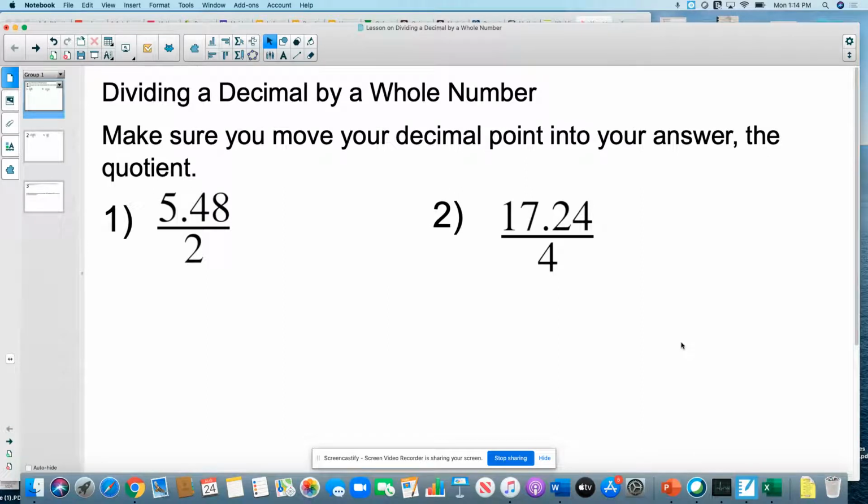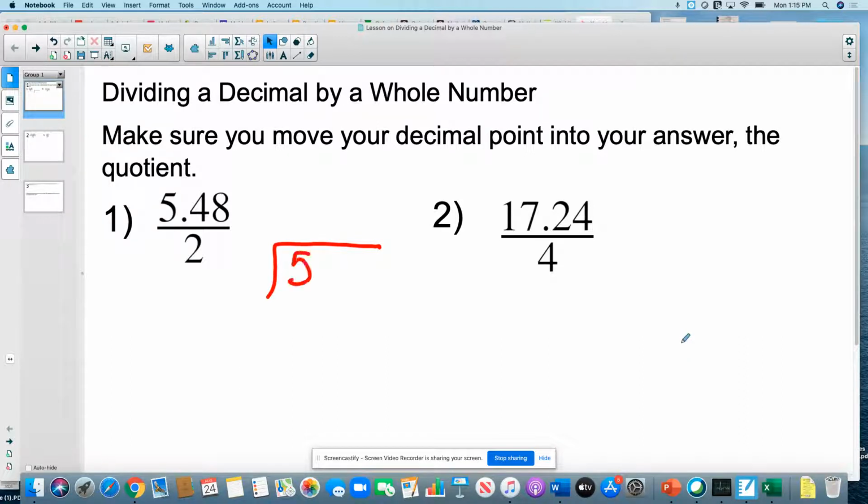Moyer. Today we're going to divide a decimal by a whole number. So the decimal is going to be inside the box when you're dividing, which is the dividend, and the divisor, which is the bottom number if set up as a fraction, will be on the outside. The most important thing you have to remember is that you move your decimal point up into your answer, which